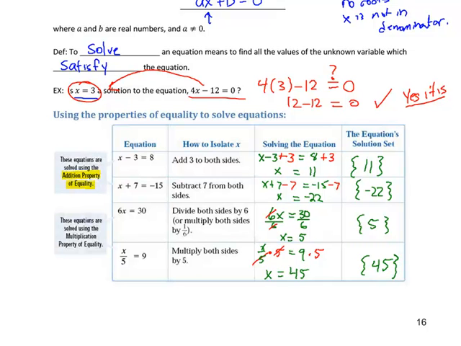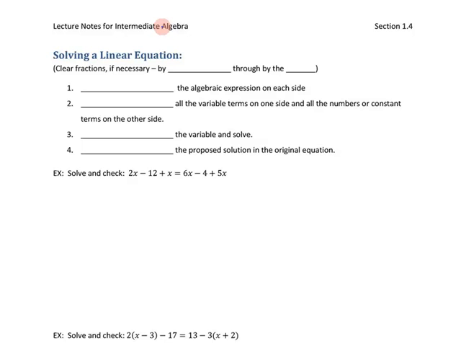That's how we use the properties of equality: the addition property of equality and the multiplication property of equality. Using those principles, those properties, we can lay out a set of steps that we're going to use to solve every linear equation from this point on. First, and I put this in parentheses because you won't always have to do this, clear fractions if necessary. If you've got fractions in the problem, there's a trick to get rid of those fractions completely. It's called multiplying through